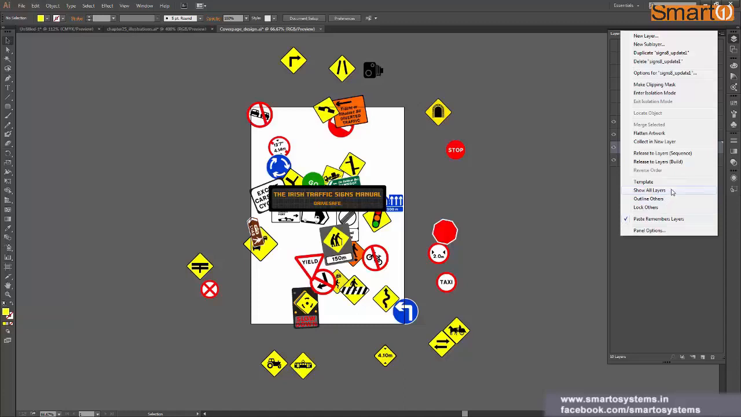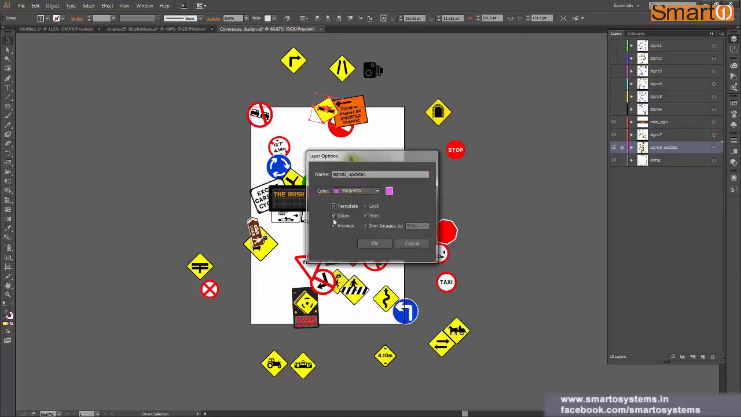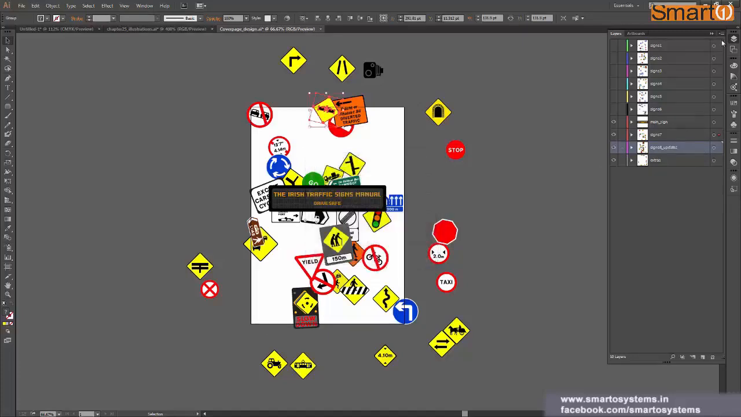I pressed Ctrl Z to undo it, and we have this show all layers which we have seen already, and then it says template mode. When I turn on the template mode, it locked my layer, and like I was saying, you can use it for a reference. Now I can work on other layers, but this layer will not be affected. We can do the same thing from here also. If I double click on any layer and turn the template on or off, it's the same thing. So I just click on OK right now, and